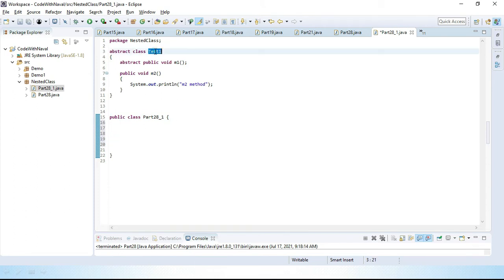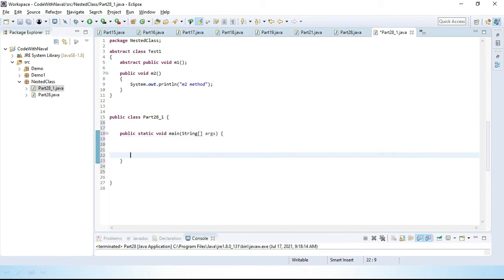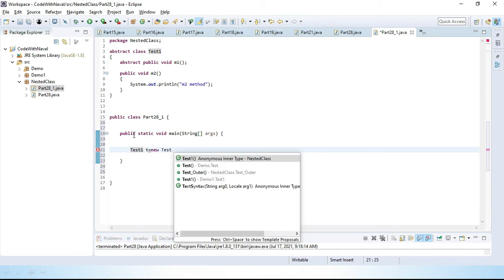Okay, first create this class object. First declare the main method. Inside the main class, create test1 t equal to new test1. You can see Eclipse provides an anonymous inner class. Eclipse knows this class is an anonymous inner class.